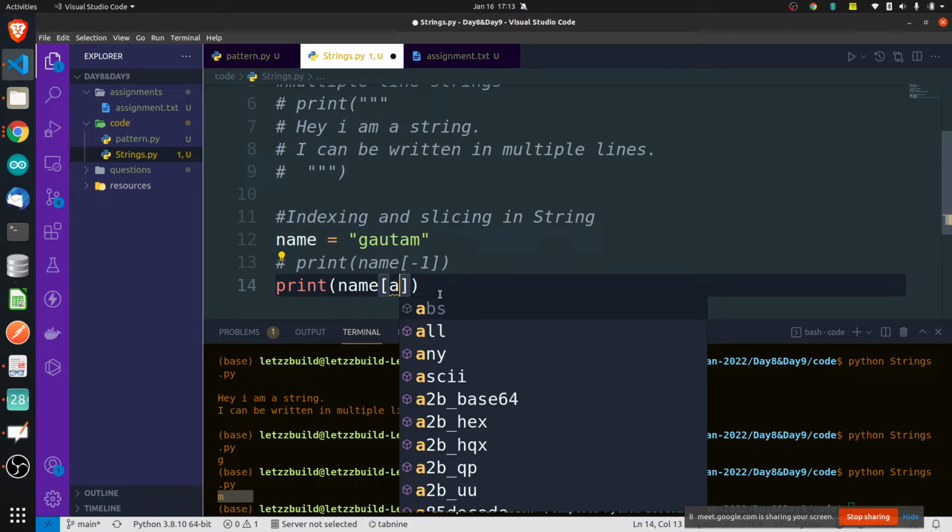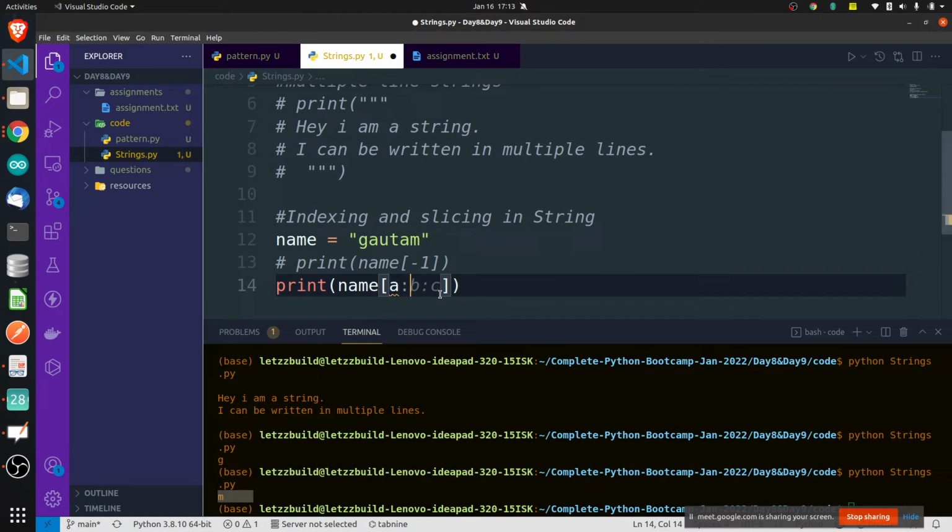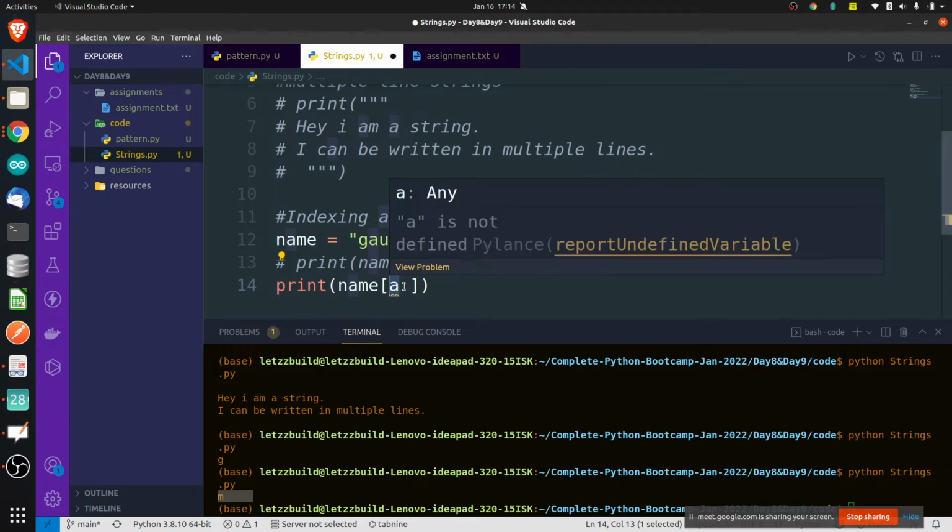No, that double colon. Colon, this one. Colon, this one. No. What is this A, but... start from the second letter of the string. Letter, but you cannot pass letters inside this.